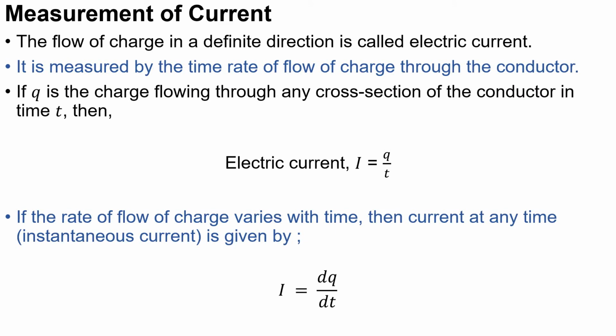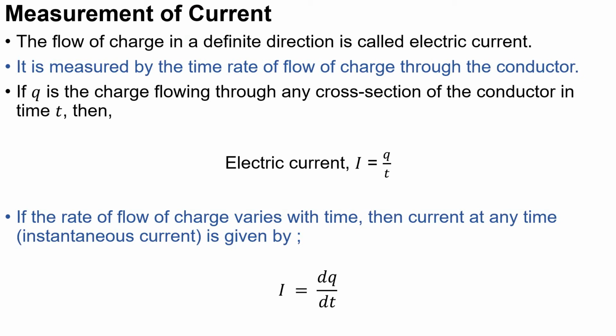Measurement of current. The flow of charge in a definite direction is called electric current. It is measured by the time rate of flow of charge through the conductor. If Q is the charge flowing through any cross-section of the conductor in time t, then electric current, I, equals Q upon T. If the rate of flow of charge varies with time, then current at any time, instantaneous current,